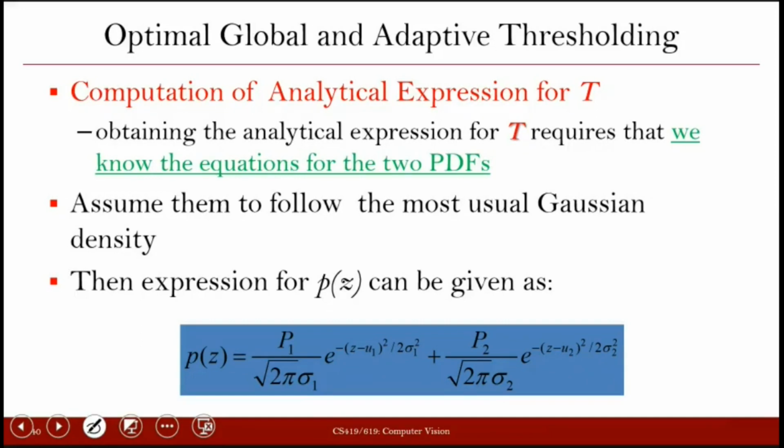To define any Gaussian, we need two parameters, mu and sigma. For the first one, we can assume mu is mu1 and sigma is sigma1. In the second case, mu2 and sigma2. By replacing P1Z and P2Z by their analytical expressions in terms of the Gaussian probability distribution function, we get this equation for PZ.